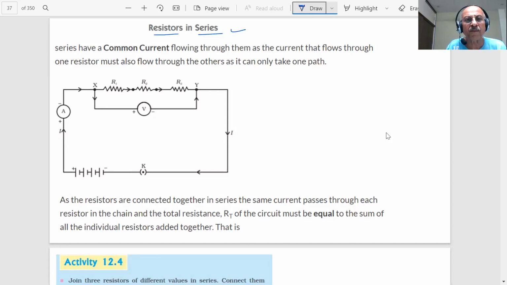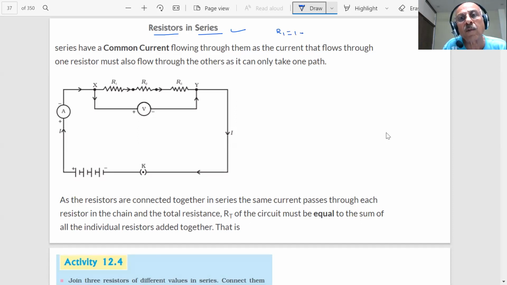What will be the effective resistance, students, when I connect three resistors in series? Here I have three resistors, R1, R2, R3. You may take any value, for example 2 ohms, 3 ohms, or 5 ohms, or supposing I have R1 1 ohm,